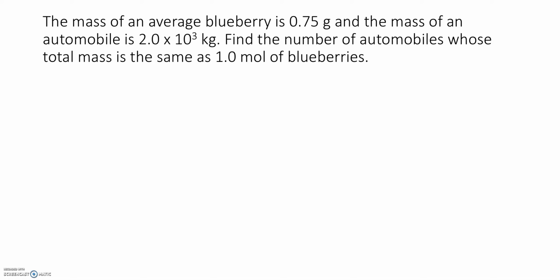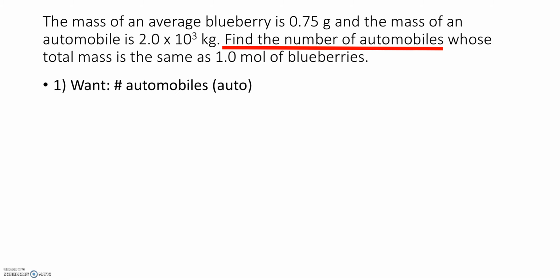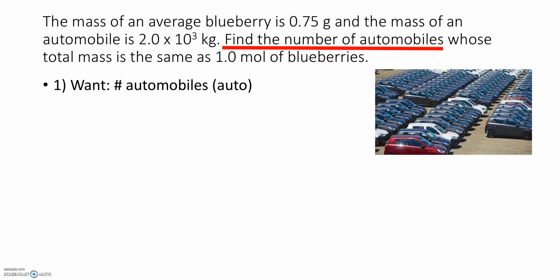Well, we've got to go through the basic rules that I talked about. So the first rule, you want to figure out what is it that you're looking for. The problem tells you, find the number of automobiles. So I want to know how many automobiles there are. Okay, so there's going to be a lot. And why is that? Well,